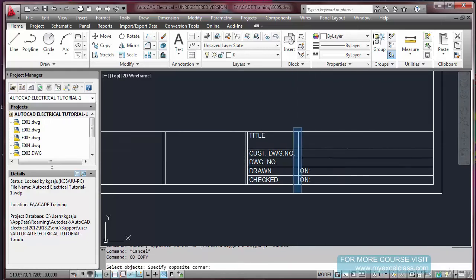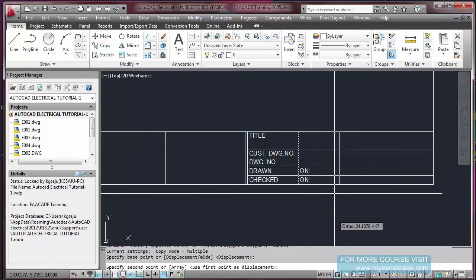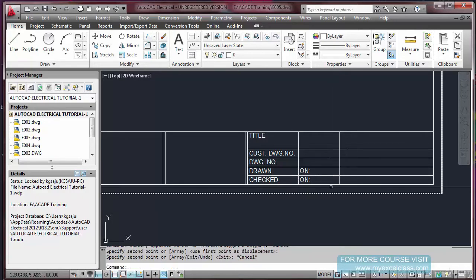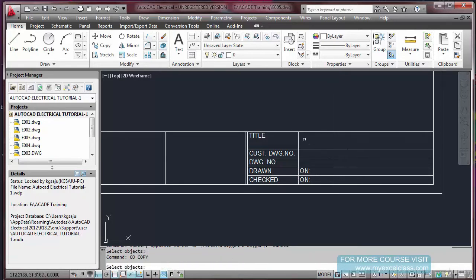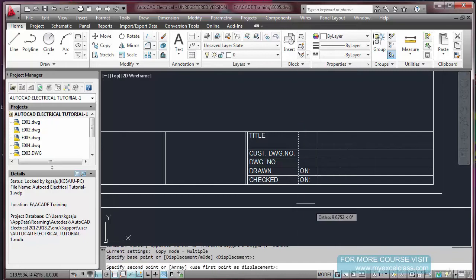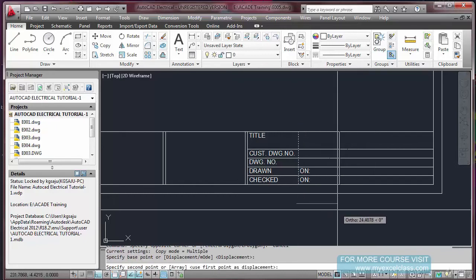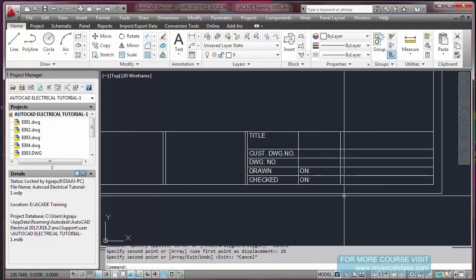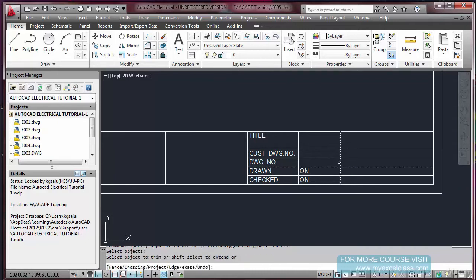Let me copy this portion. I'm going to keep it here. Sorry, I myself didn't follow the standard. Again, there should be some standard, I mean, the length, width, everything should be in standard 25 mm.